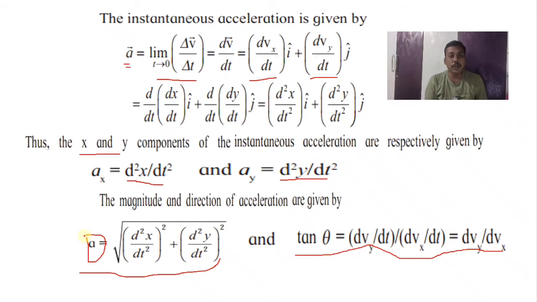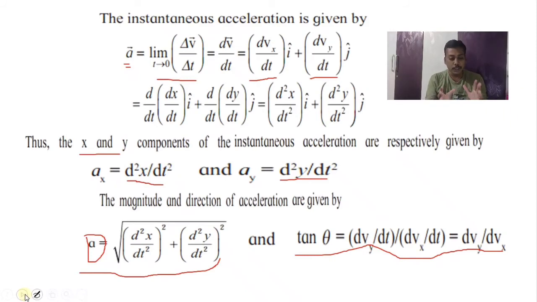So if you understand the concept of instantaneous velocity and average velocity, then in that formula, if we replace delta x with delta v, we get the new formulas for average acceleration and instantaneous acceleration. So like average velocity and instantaneous velocity, we studied average acceleration, instantaneous acceleration, and the formulas for magnitude and direction also. These are some basic concepts to understand motion in a plane or two-dimensional motion.